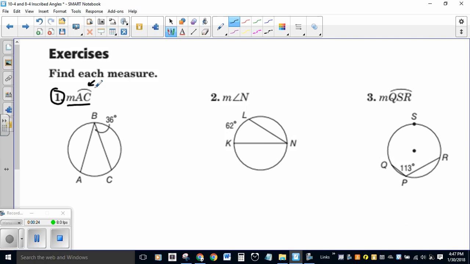This is the arc symbol right there. Okay, so arc AC starts here and goes to here. It is a minor arc, so it's the shortest distance between the two of them. So the angle that it intersects is this angle right here. So it says that the arc is twice its intersecting angle. So it's going to be twice the measure of angle